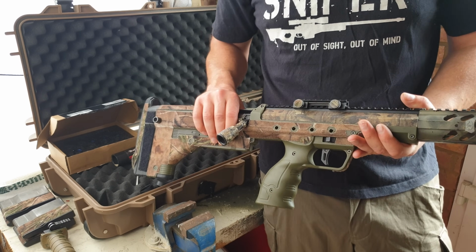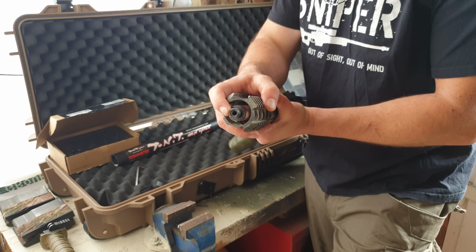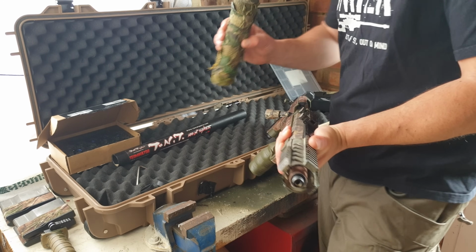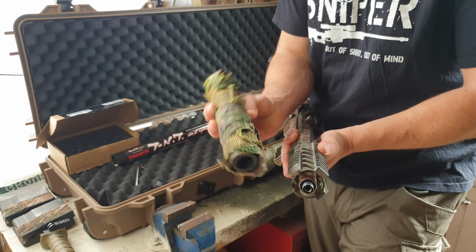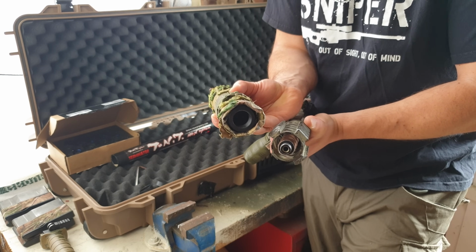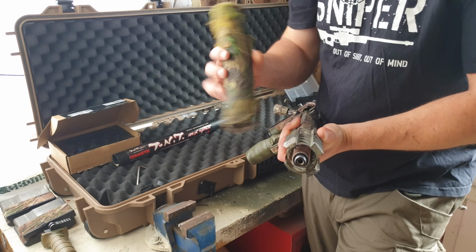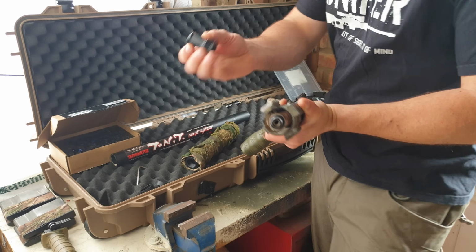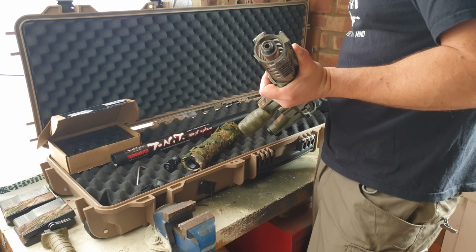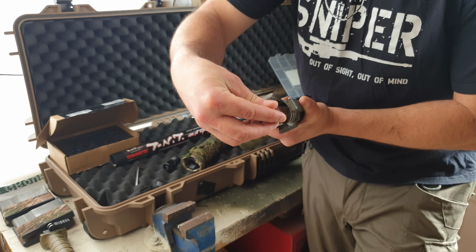So now let's install a suppressor. Suppressors on these SRSs make a massive difference, and you can use any counterclockwise 14mm suppressor that you want to use. The one I use though is the Silverback Airsoft 338 suppressor. It is huge, but it does make a massive difference. You might be wondering, well, that hole there is way too big to fit on that 14mm thread. Yeah, you're right, it is. With these suppressors, you do need to have the flash hider adapter that goes over, but with that flash hider I do also install these two small spacers